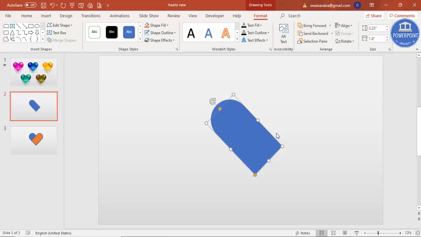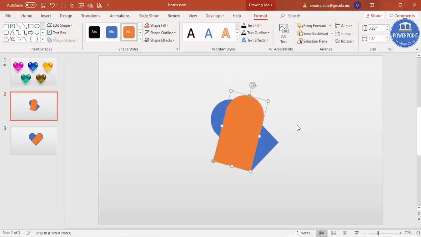Press Ctrl D again to duplicate the shape and give some different color and just place it exactly on top of that. Now using the Alt and the right arrow key, so first hold the Alt key and then click on the right arrow key 1 time, 2 time, 3 time, 4 time, 5 time, 6 time, and then I'm just going to bring it here exactly